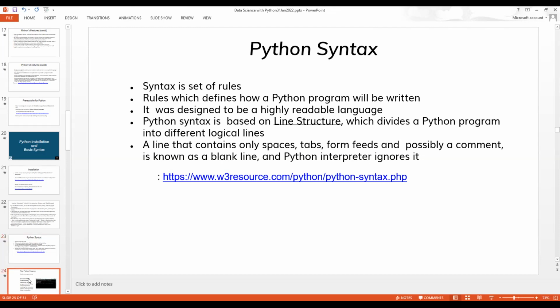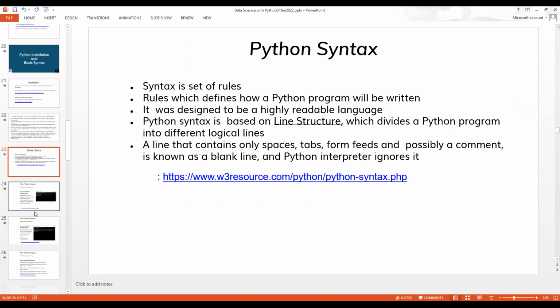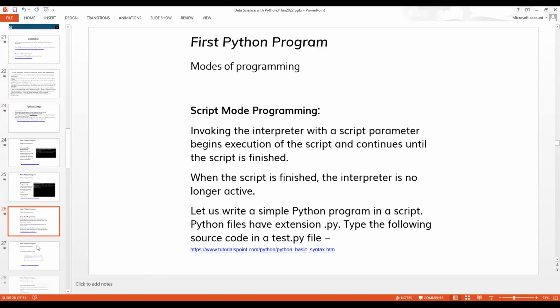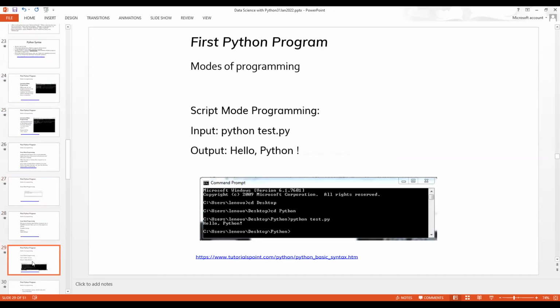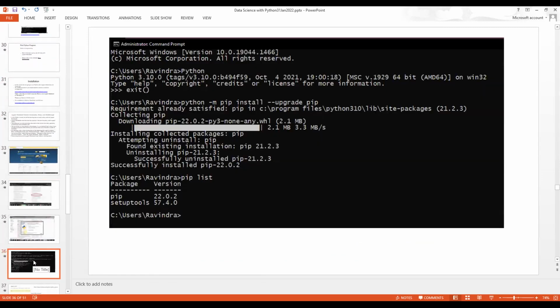Okay, let's take a step further. And oh no, not first program. I don't know why this sequence got to these things. Oh, come on, man. Okay, where do I put this? Okay, now this morning only I've updated my Python. So let me take you to the command prompt. Okay, it's still there. Okay, wow, great, no problem.